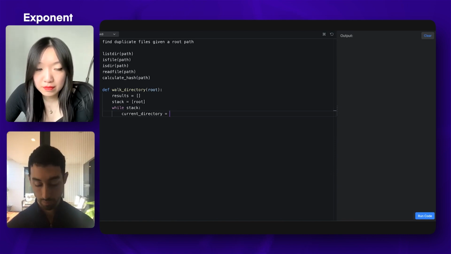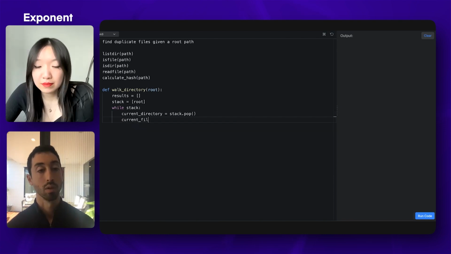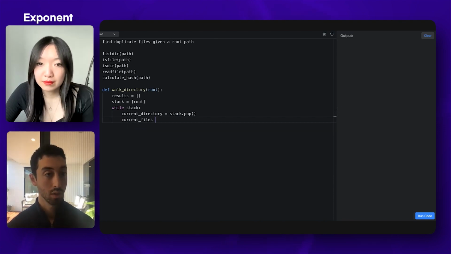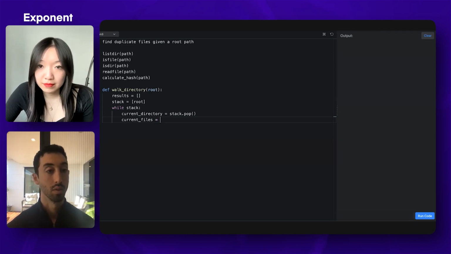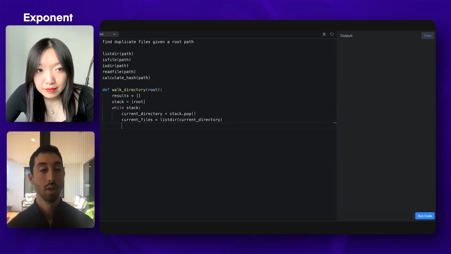directory, and then do current files. I need to use the list directory function.